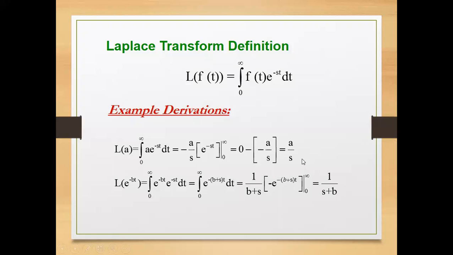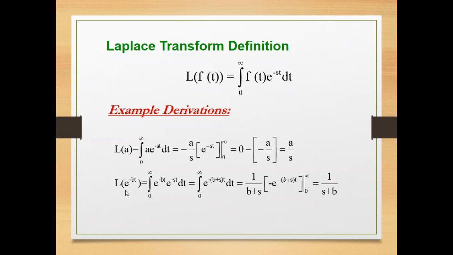So notice, class, that whatever your given function is, may it be a function of t or a function of x, that particular function is being converted to a function of s when you perform Laplace transformation. So it converts the given function to a function of s because, as you can see here, your function is being multiplied by an e raised to minus st or sx.